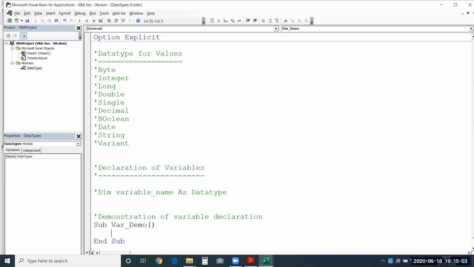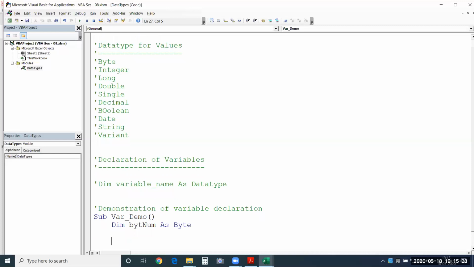That's the macro name. Now I have to begin with dim. I need to provide a variable name. Now I want to declare a variable to store a byte value. So I'll just say byt num as byte, let's say.